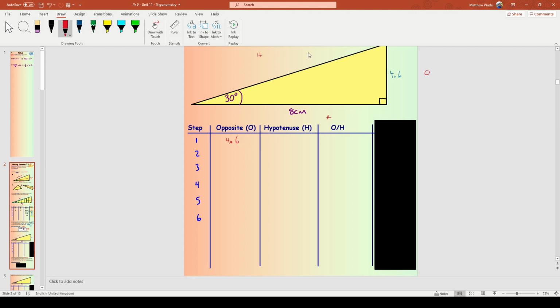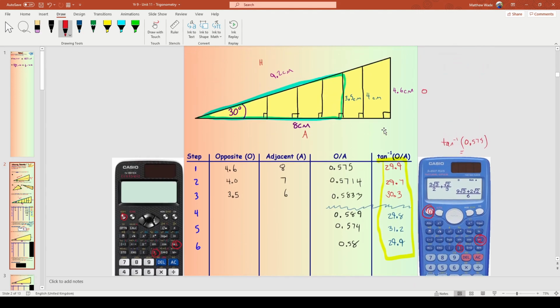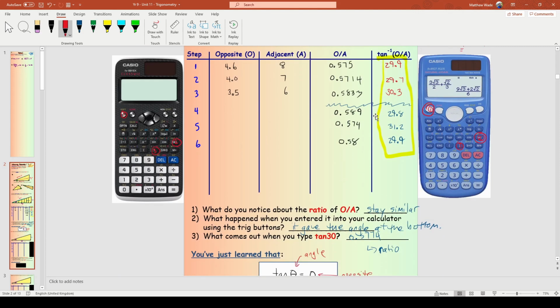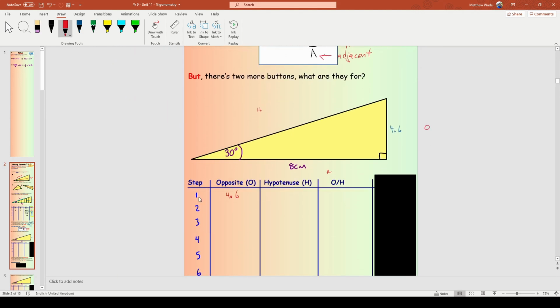H was, I can't remember. What was H? Do we know? Did I erase it? 9.2. Nice one. I didn't erase it. H was 9.2, so we'll just put 9.2 there. And this time, it's with H instead of with A. So you see what I mean? It's 4.6, the O, and 9.2, the H. So let's do it. 4.6 divided by 9.2 equals, and your very first one was exactly half, mine anyway,